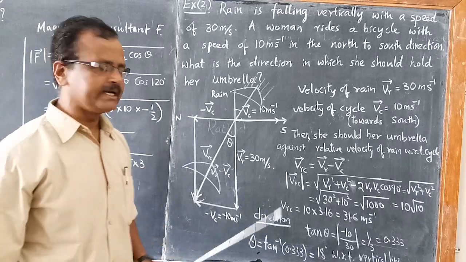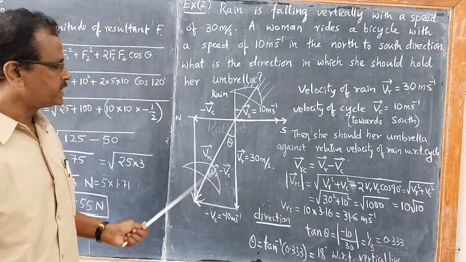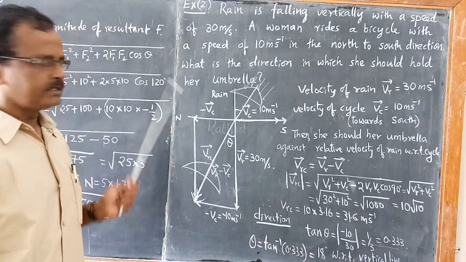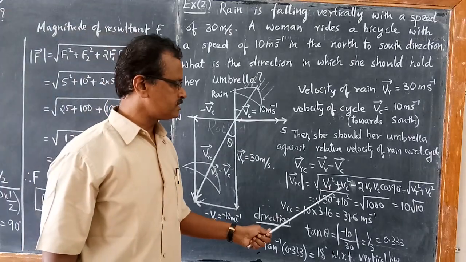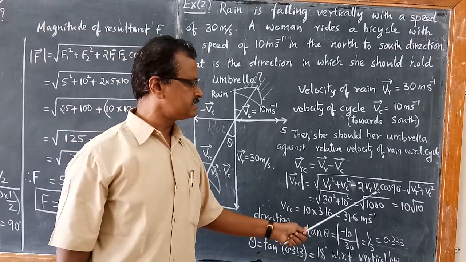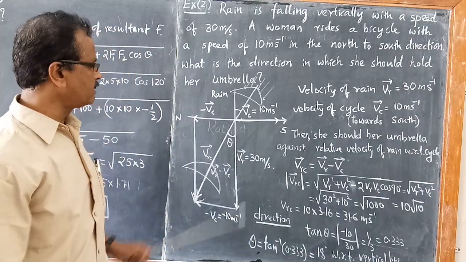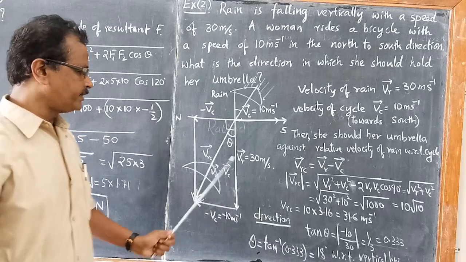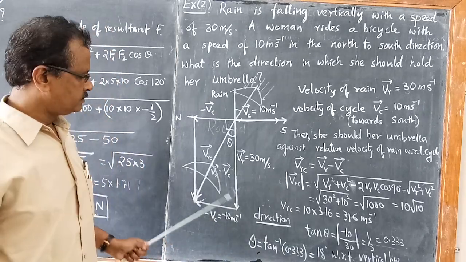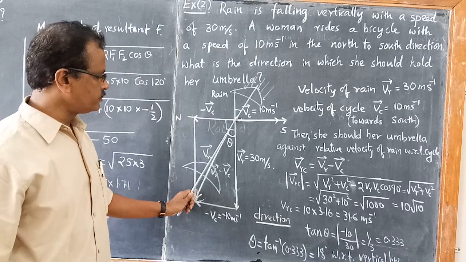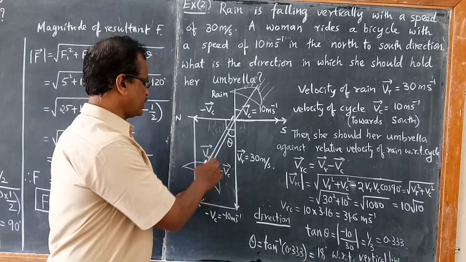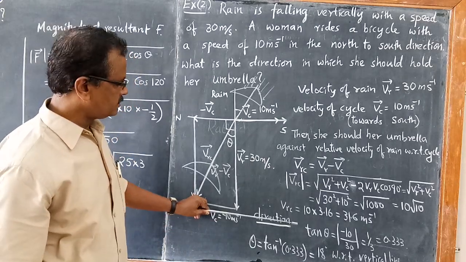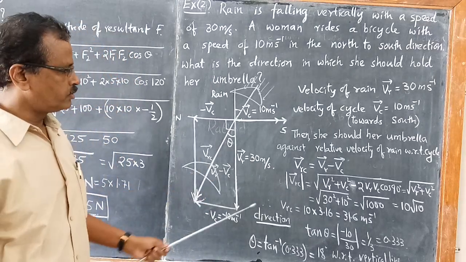Suppose you want to find out the magnitude. It's very simple. Magnitude of a vector, as we have applied in the previous problem, is VR square plus VC square minus 2 VR VC cos 90, because the angle between the given vectors is 90 degree. So directly you can use Pythagoras theorem. This hypotenuse we want to find out. The square of the hypotenuse is equal to the sum of the squares of the remaining two sides.